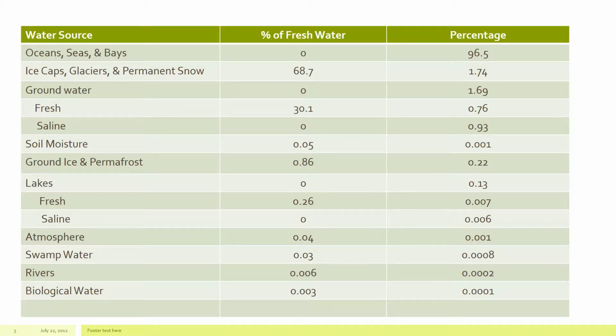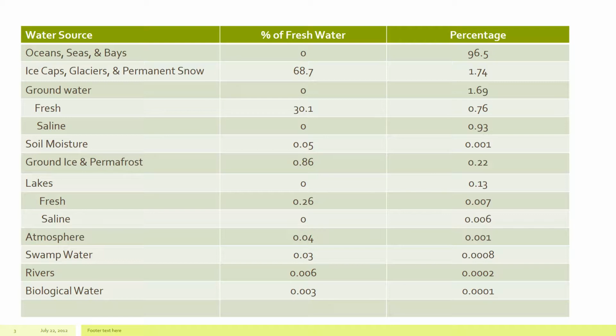Groundwater provides 1.69%, and of that amount, 30.1% is the percentage of freshwater availability. And then saline water is 0.93%.